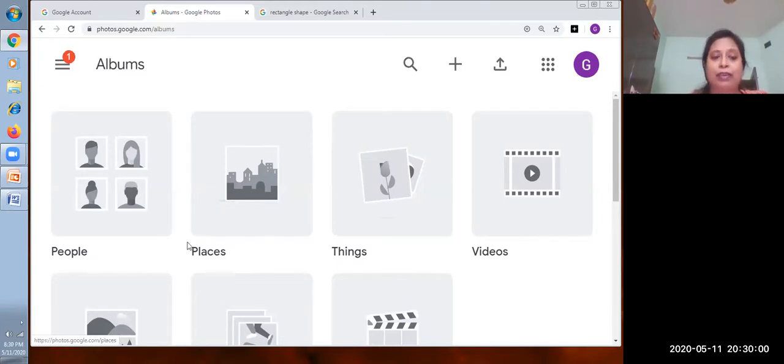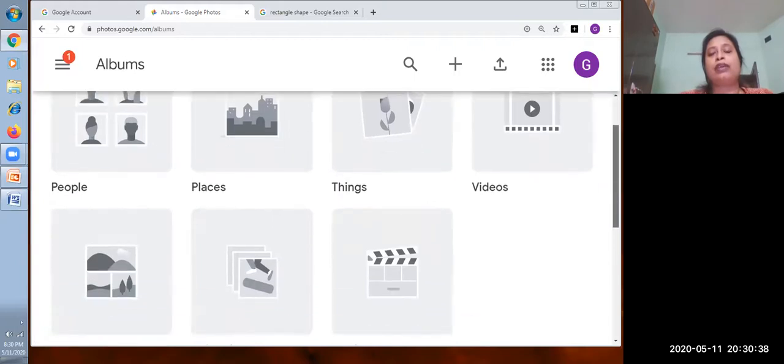Your photo can be filed in the people category. People category means you have photographs with your parents, with your sister, or with your cousins, or anyone. That will become the people category. Instead of creating one more new album, we could put photos in this album as well. Now, place, for example, he went to Jaipur. That Jaipur trip is a place, so you can keep those photographs in the place category. But you always have the option to keep your photographs in your own album.